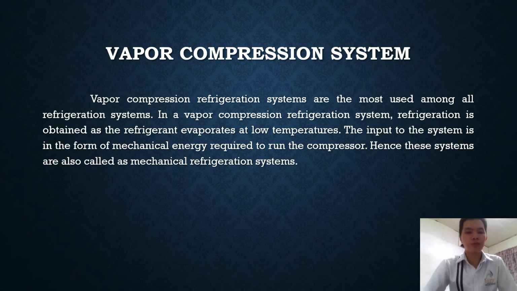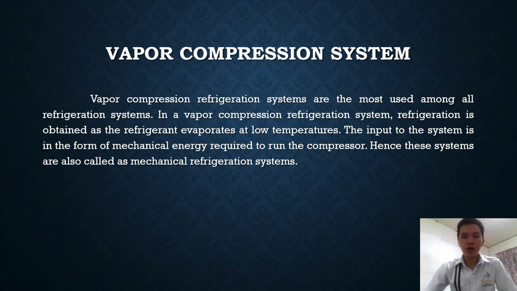So vapor compression refrigeration systems are the most used among all refrigeration systems. In a vapor compression refrigeration system, refrigeration is obtained as the refrigerant evaporates at low temperatures. The input to the system is in the form of mechanical energy required to run the compressor. Hence, these systems are also called mechanical refrigeration systems. Essentially,